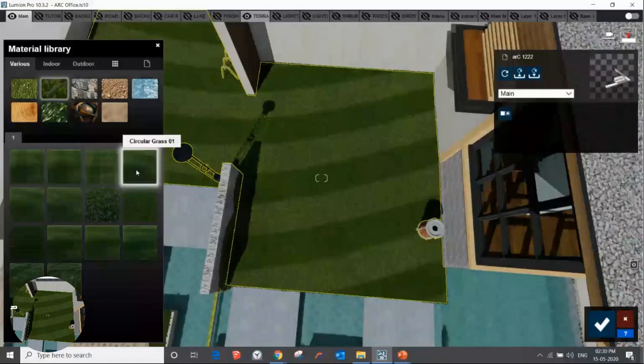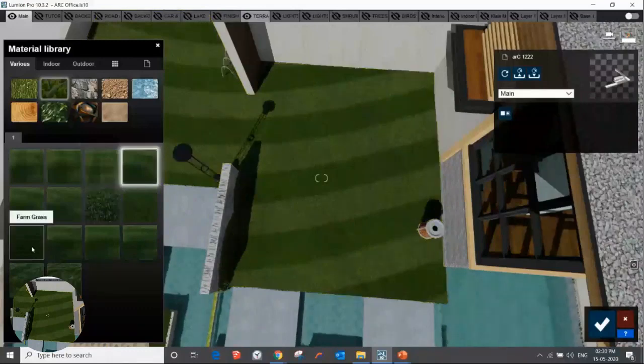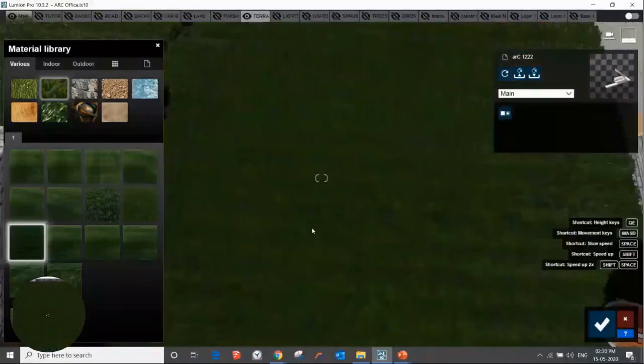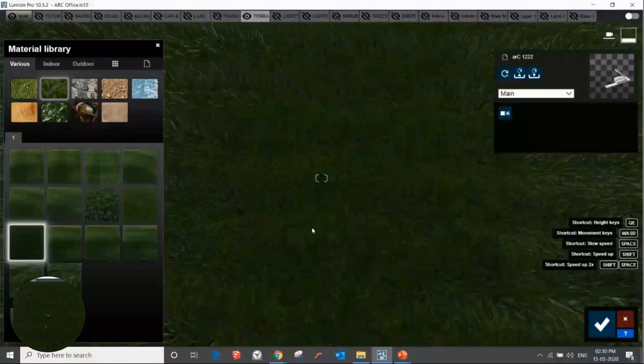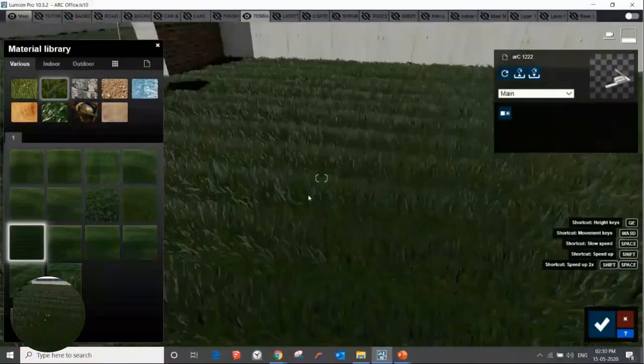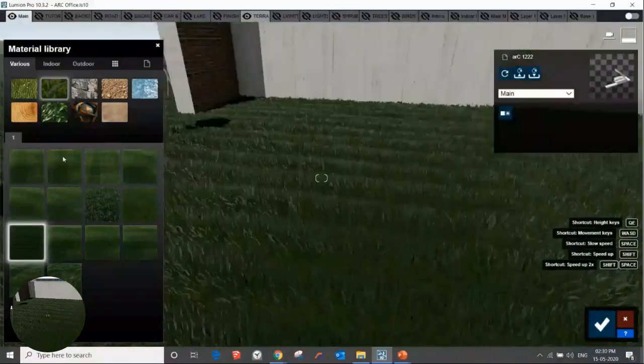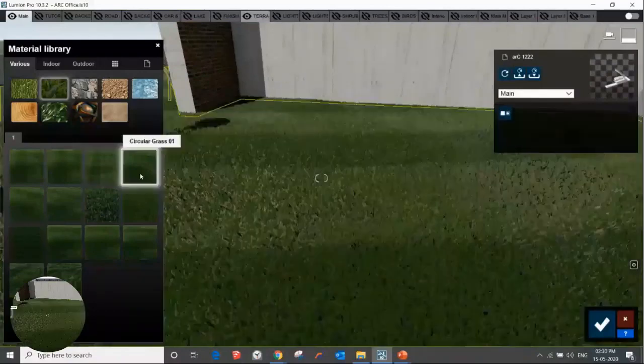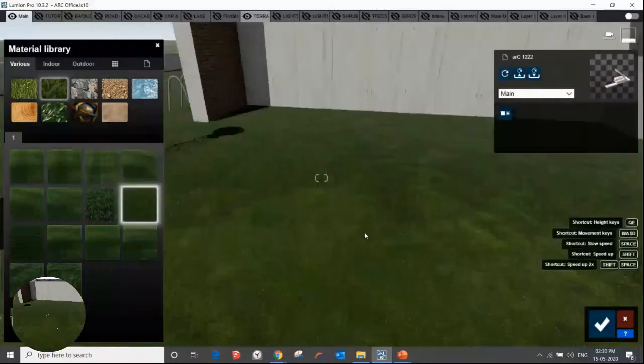There is also the farm grass. So you can use it for all kinds of projects, and you can customize the properties of the grass.